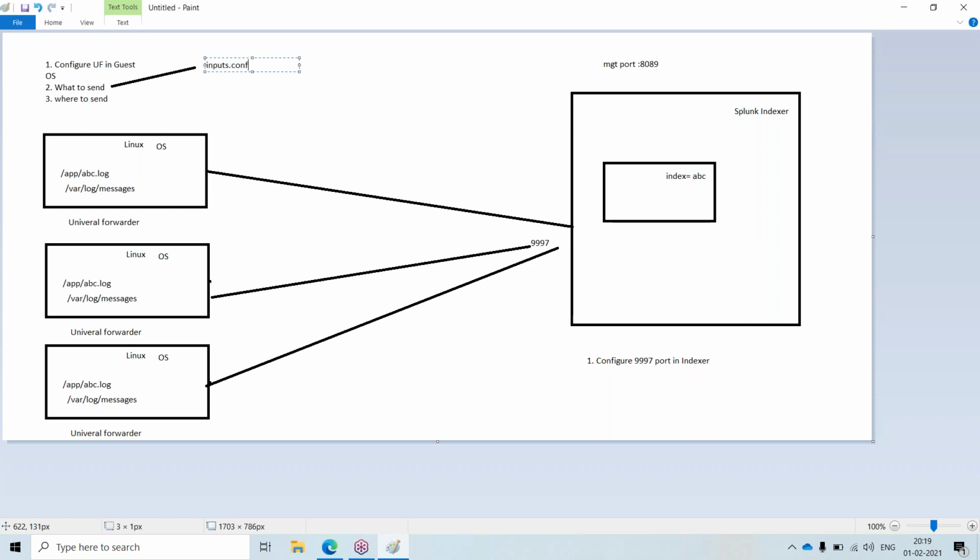So there is one file, inputs.conf. In this we will mention what logs you have to send. Here my requirement is something like this. Here we have to write something like this. So there will be a stanza, present in the path, which would be something like